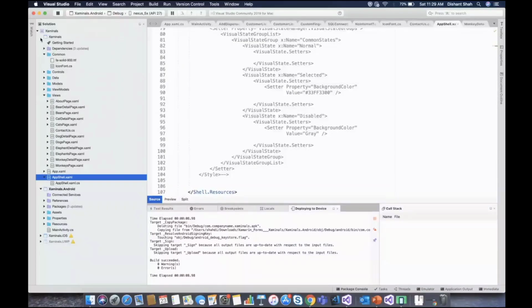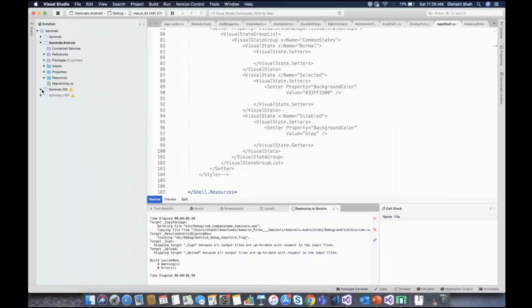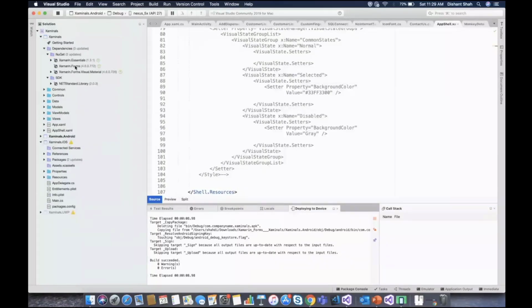And apart from that, this is like an Android project and iOS project. For this project, we don't have any custom renderer or something. It's just a plain Android and iOS project. And I can show you what dependencies we have right now. So we are on Xamarin Forms 4.6 and we have Visual Material also at 4.6, and the same for other applications as well. So both our frameworks are updated and latest.